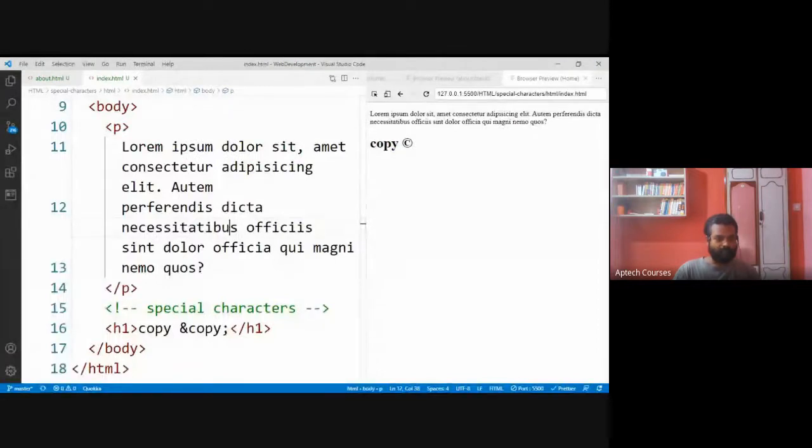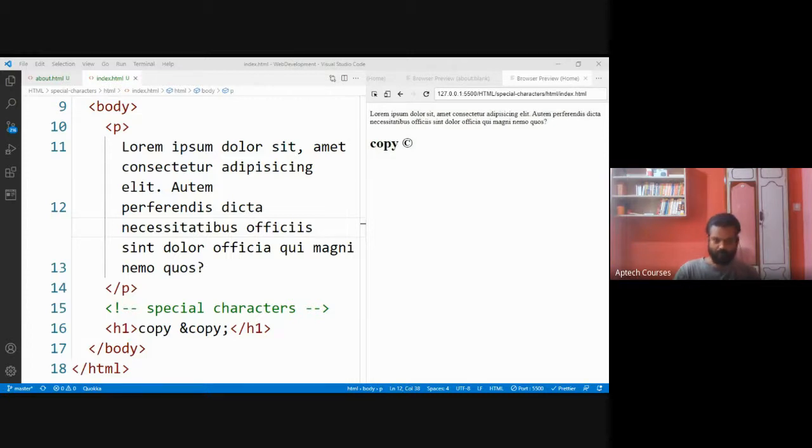So then, we can also nest the list. That I'll show you now. Yesterday we have seen ordered list and unordered list.